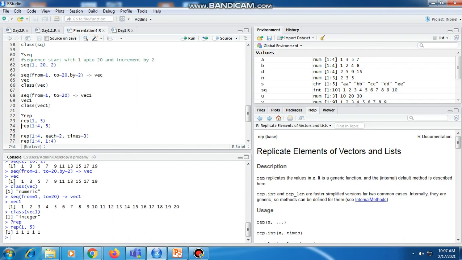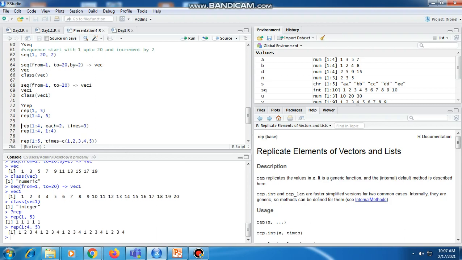If we want to repeat the 1 to 4 sequence 5 times, we can write it like this: 1, 2, 3, 4, five times.